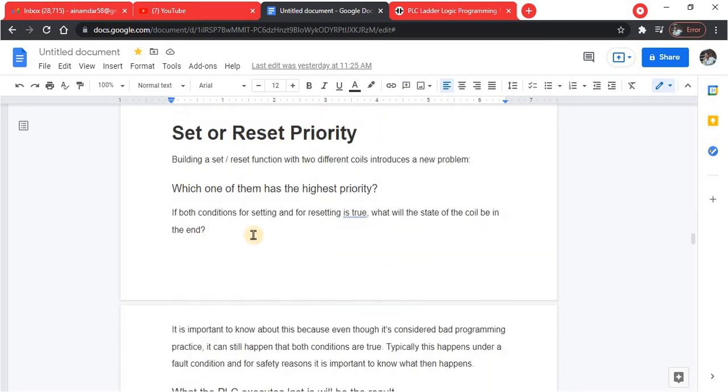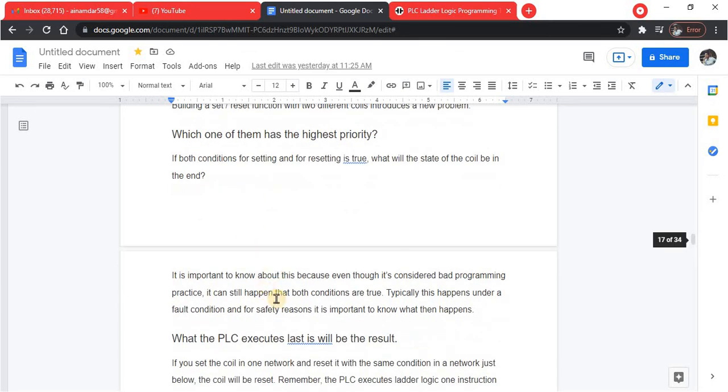If both conditions for setting and for resetting are true, what will the state of the coil be in the end? It is important to know about this, because even though it is considered bad programming practice, it can still happen that both conditions are true.